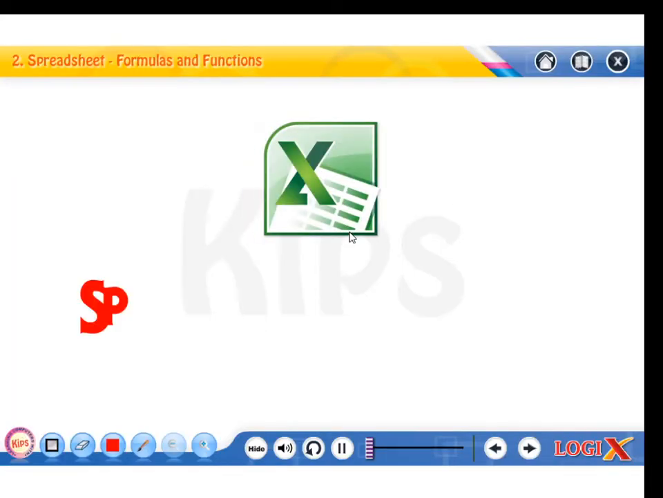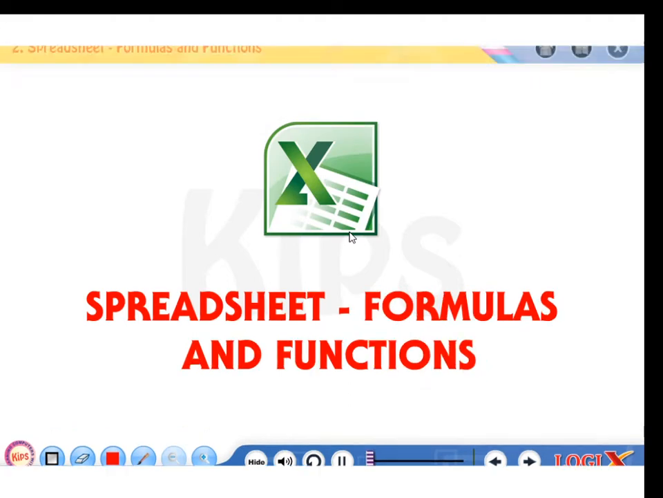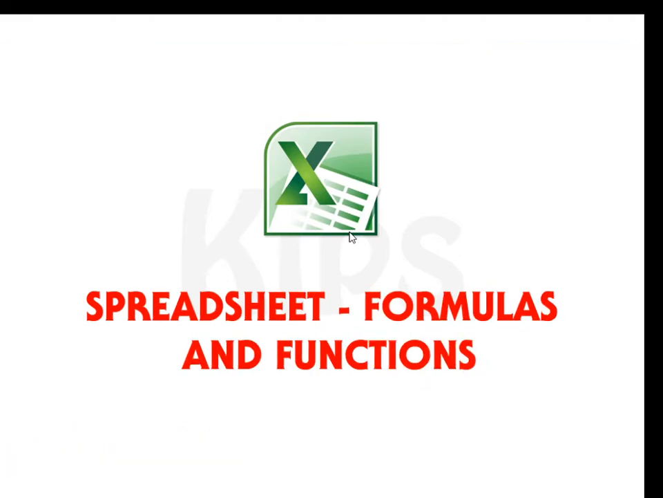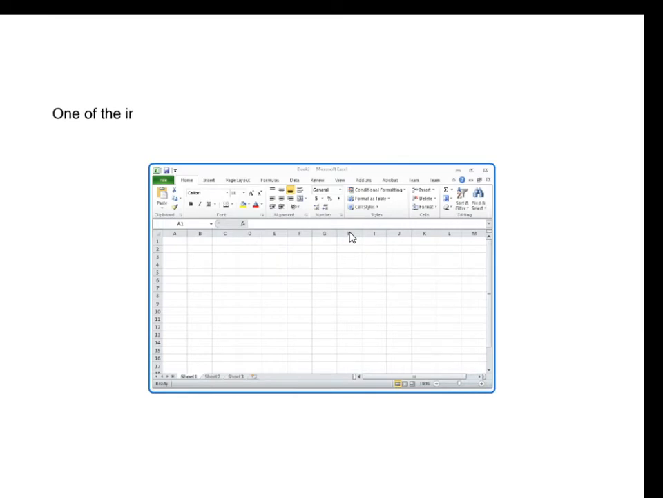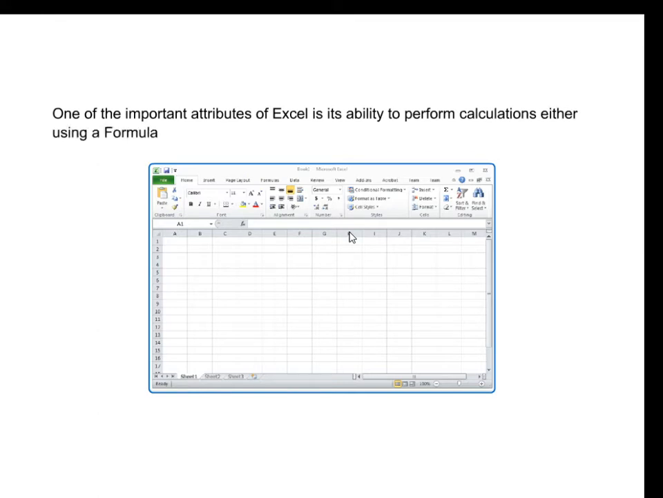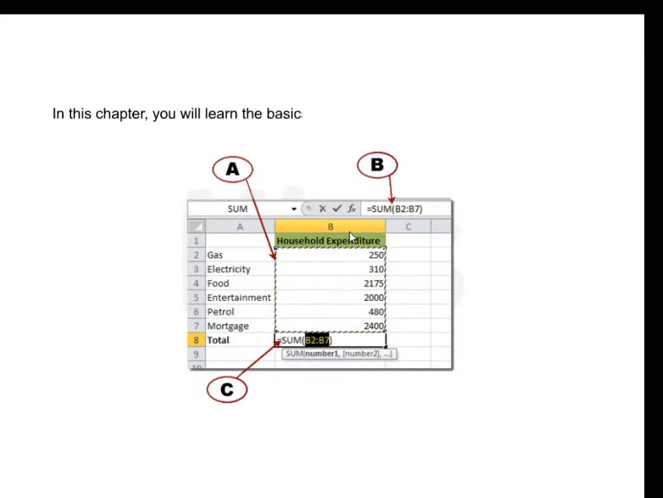Hello students, today we are going to learn about the formulas and functions in spreadsheet. One of the important attributes of Excel is its ability to perform calculations, either using a formula or a function. In this chapter, you will learn the basics of formulas and functions and how they can be used in different